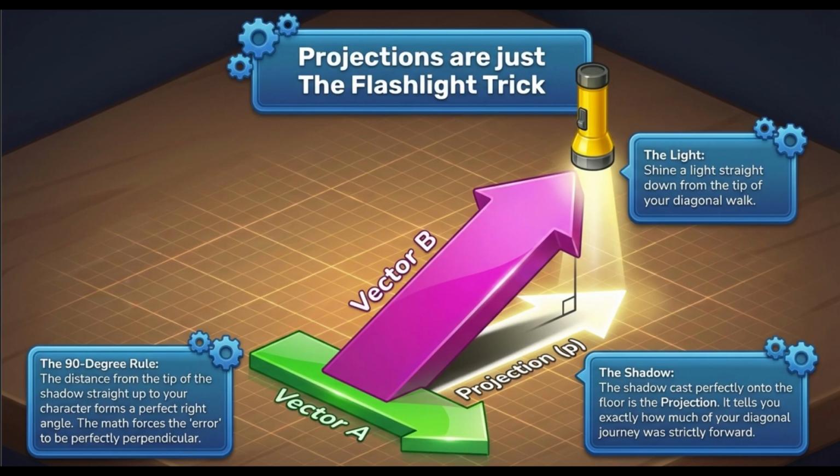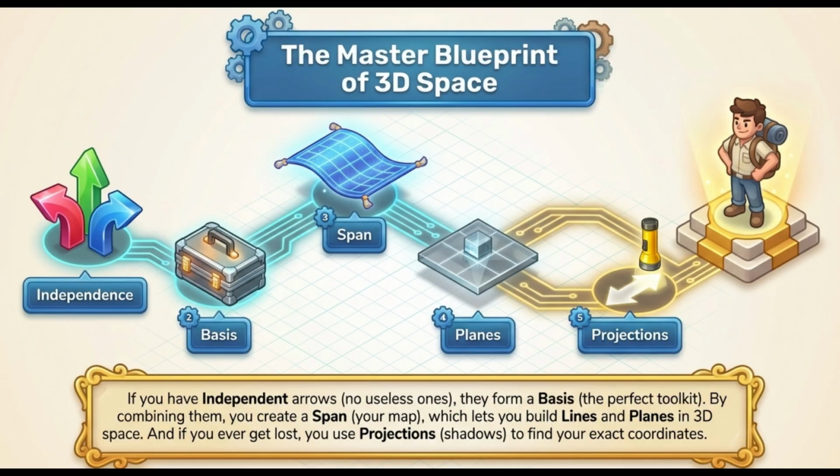So is this shadow math how a game figures out where to place my character's icon, even if I'm mid-air or flying? That's exactly how. The math forces the spatial data to project perpendicularly downward, completely ignoring your vertical leap to track your true progress. Wow. So we really are just looking at a workshop of physical tools. Arrows to move, spans to set the boundaries, a flawless basis to save memory, and shadow math to track our